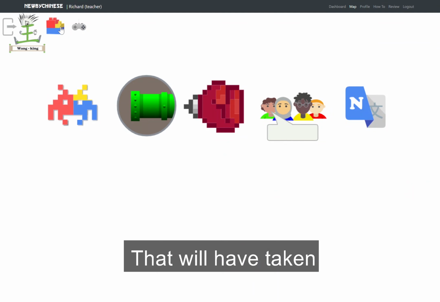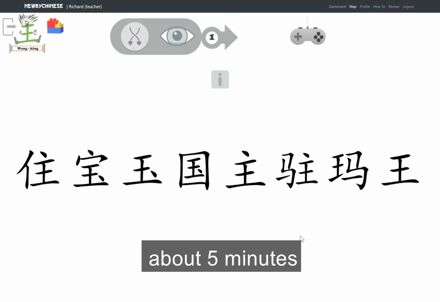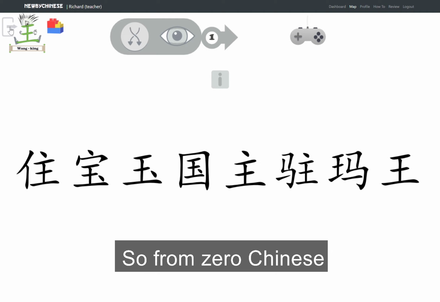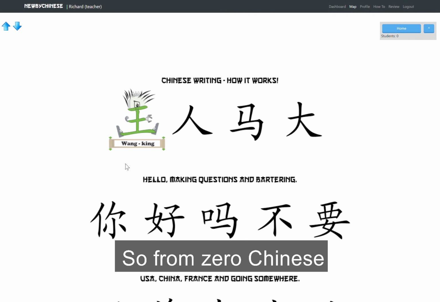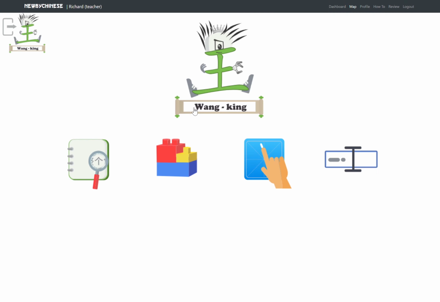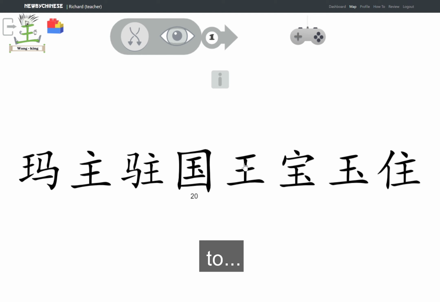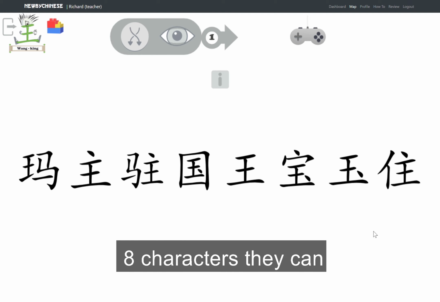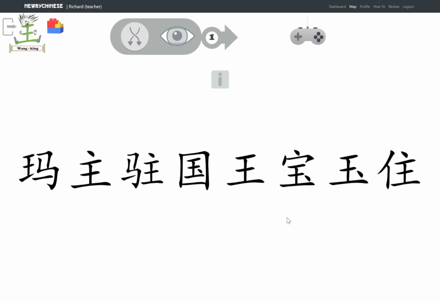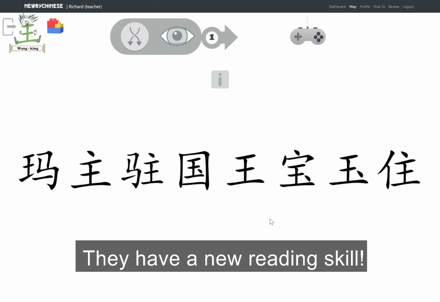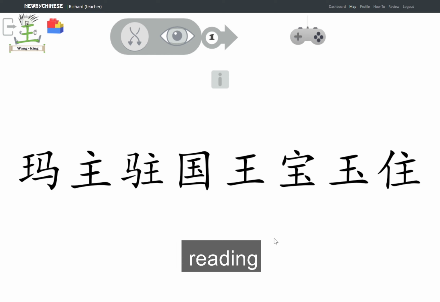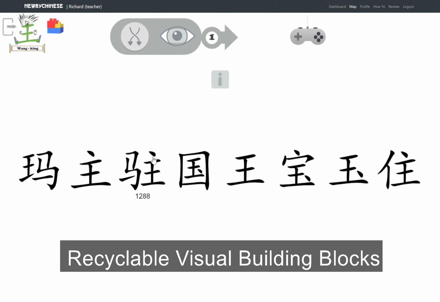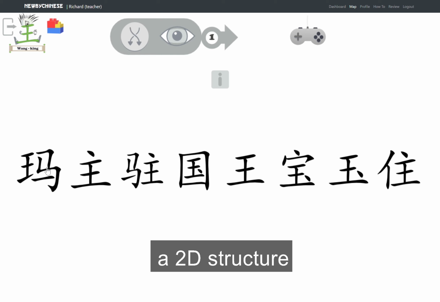Now, that will have taken all of about 5 minutes. So they've gone from 0 Chinese, if they're total newbies, to 8 characters in about 5 minutes that they can visually recognize. Now they have a decent appreciation of the value of recyclable visual building blocks. They have an appreciation of reading exactly which ones it is within a character and the orientation, the position